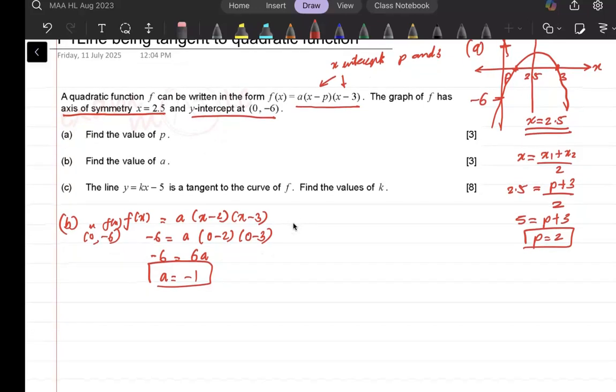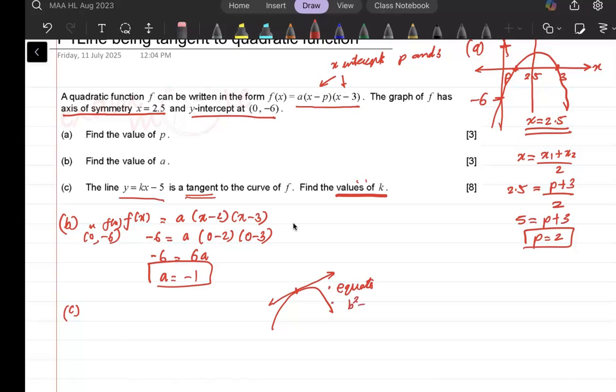Now the main part is your part C, in which you have to find the values of k. If y = kx − 5 is a tangent to the curve. Now remember that whenever you have a parabola and a line which is tangent, you need to equate them and work with the discriminant. So in this case b² − 4ac is equal to 0,